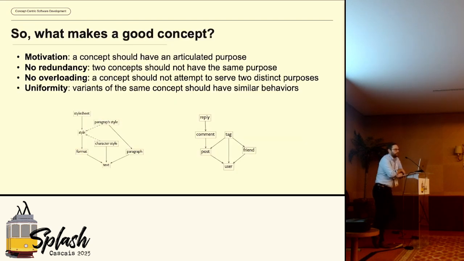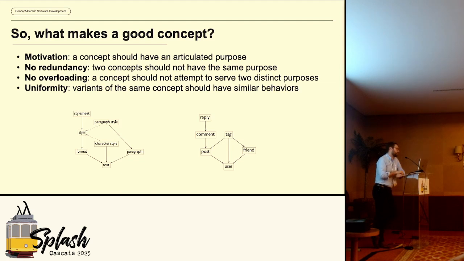This is lifted right from some of the earlier work. It has a motivation. It's not redundant, right? You see this all the time where you have two concepts that end up being sort of effectively the same. They're not overloaded. You have these concepts that really do one thing as opposed to many things. That lets you combine them and compose them together. And when you think about great software that you use, it tends to have this compositional element, right? Learning the lower level primitives allows you to sort of do higher level things. And this is maybe manifested most strongly in design patterns versus language features within programming languages, where you can take lower level language features and sort of assemble them in higher level design patterns as a user. That requires mastery, that requires a lot of skill, but it is sort of doable.